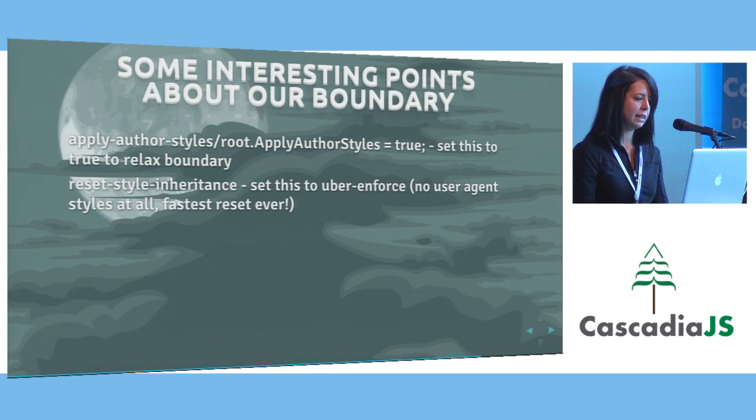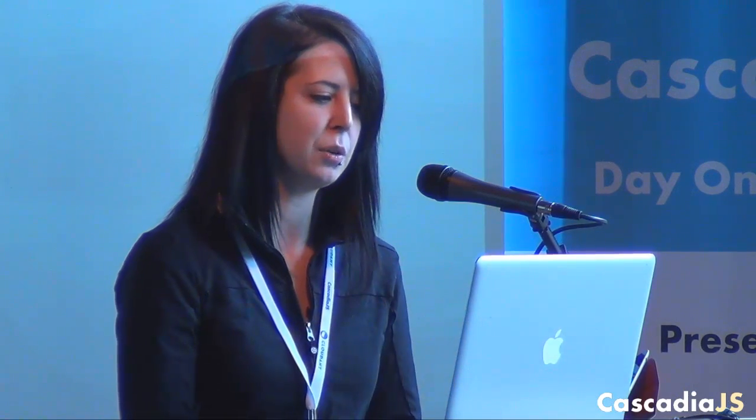And then the only styles that end up getting applied to those elements are, I guess, the user agent styles. If you really want to enforce that those elements have absolutely no styling, even from your user agent, you can use this reset style inheritance. I was making jokes with people that this is sort of the fastest CSS reset I've seen so far, and I kind of want this just for general use. So